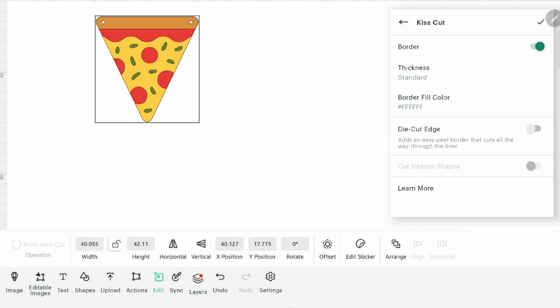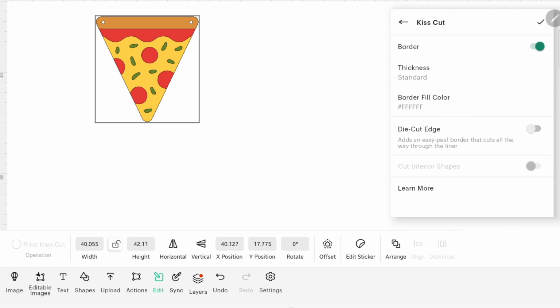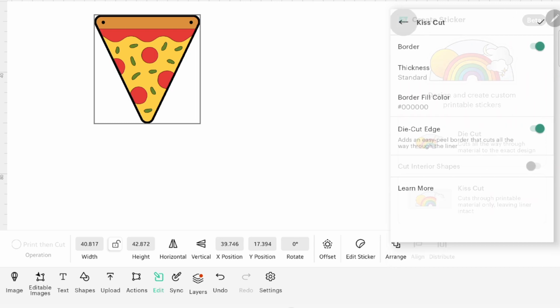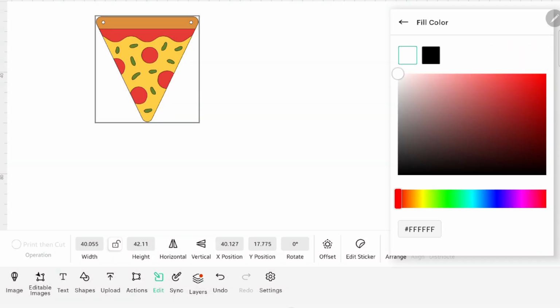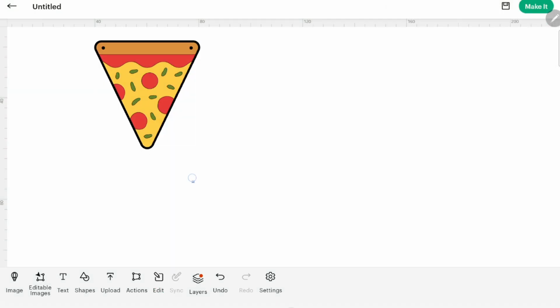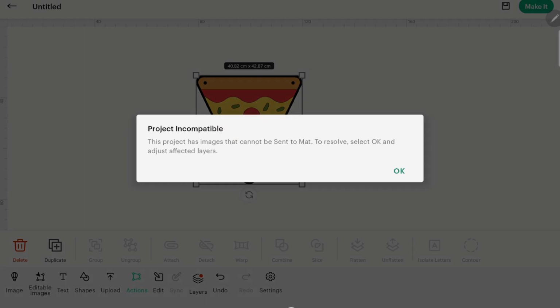I personally like the kiss cut, so we're going to pick that for this video. I'm going to give it a border, standard thickness, and we're going to do the die cut edge. So turn that on. There we go. And we are going to do the border to be black. Okay, so that is a sticker and it's all ready to go. If we hit make it,